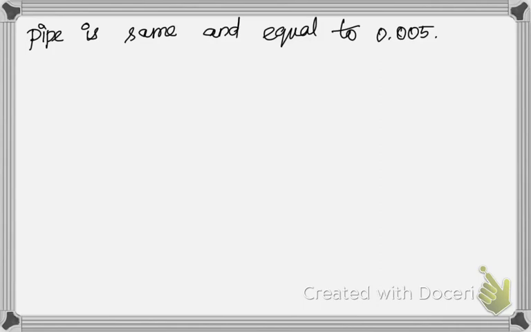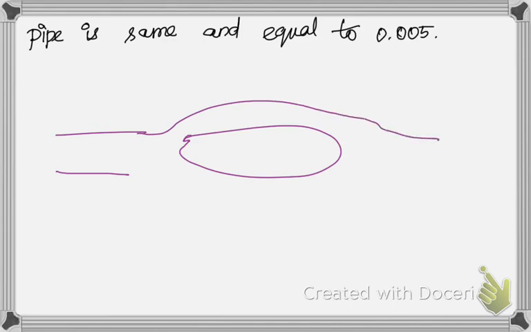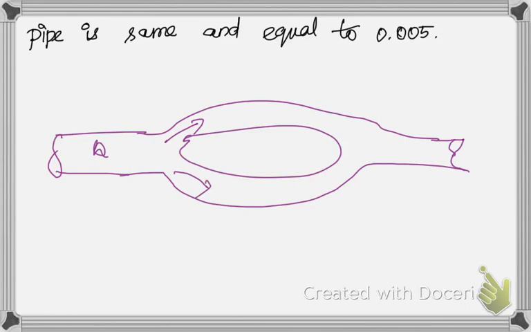So first we'll draw a diagram. As usual, a pipe is there, and this pipe is getting subdivided or branched into two. My diagram will be like this. So this is one pipe, and this is the other pipe. Q is entering here and getting subdivided here. Q is 3 meter cube per second, as given in the problem, and this is subdivided as Q1 and Q2, and we are asked to determine Q1 and Q2. So now we'll write the given data.